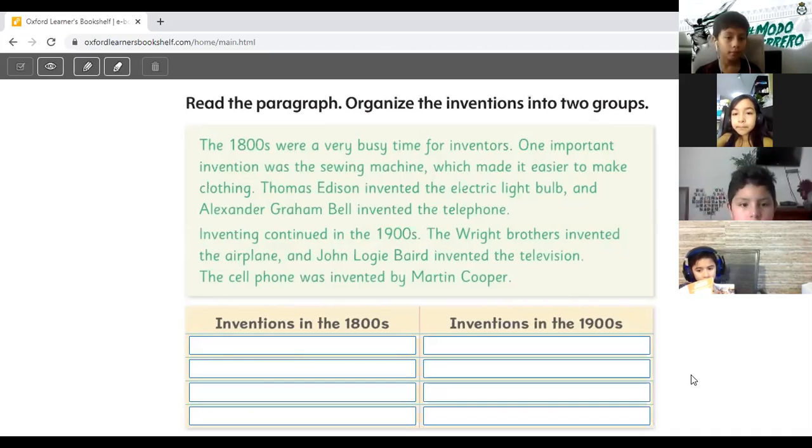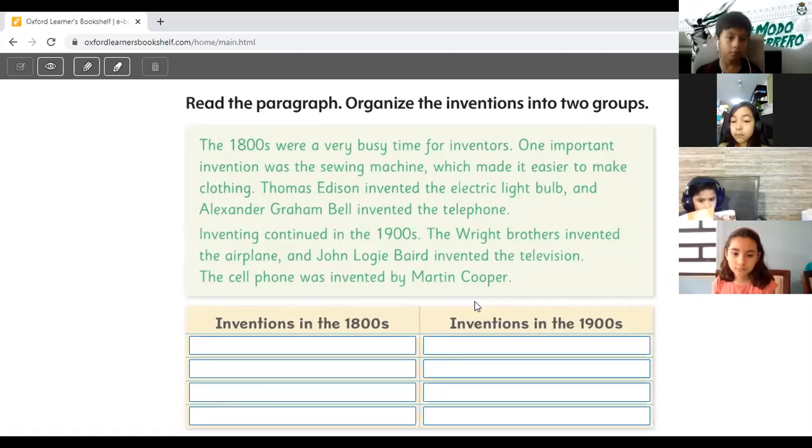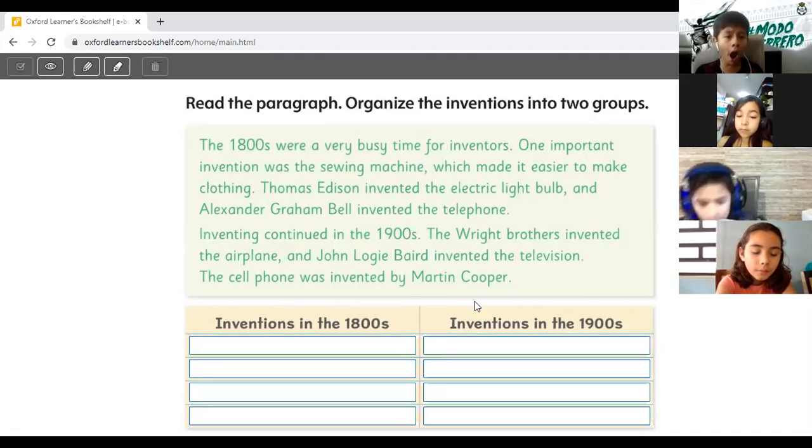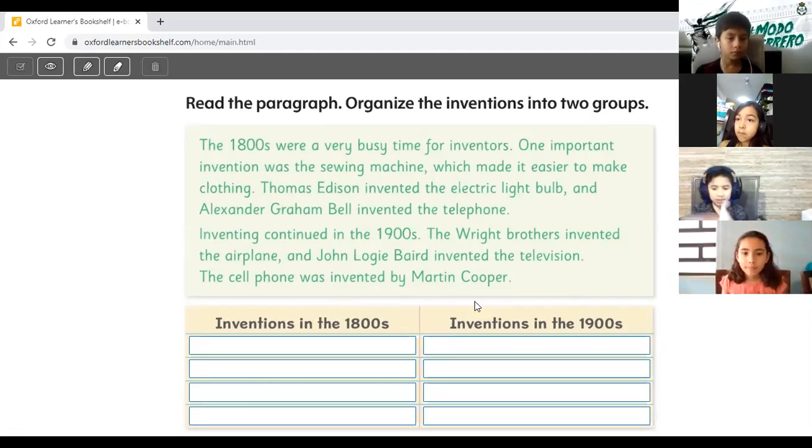Mauricio, can you help me to read the paragraph about inventions? Yes. Thank you. The 1800s were a very busy time for inventors. One important invention was the sewing machine, which made it easier to make clothing. Thomas Edison invented the electric light bulb, and Alexander Graham Bell invented the telephone. Inventing continued in the 1900s. No, repeat with me, Mauricio. 1900s. In the 1900s, the Wright brothers invented the airplane, and John Logie Baird invented the television. The cell phone was invented by